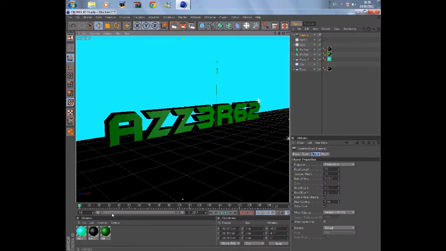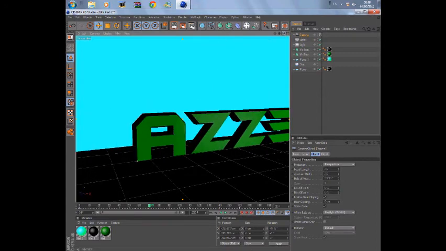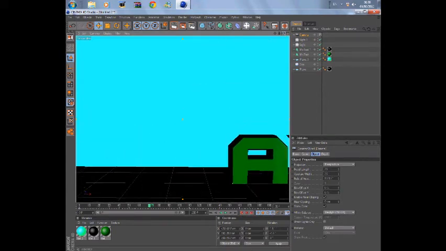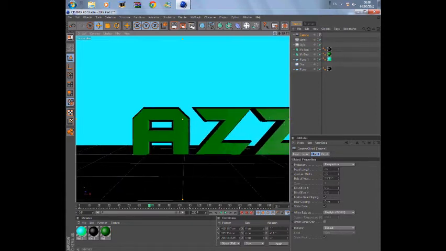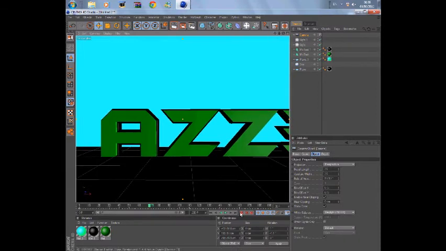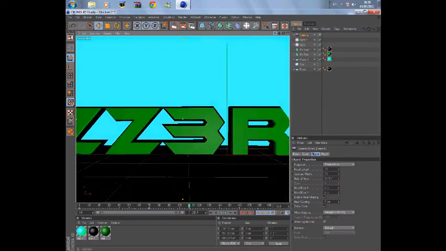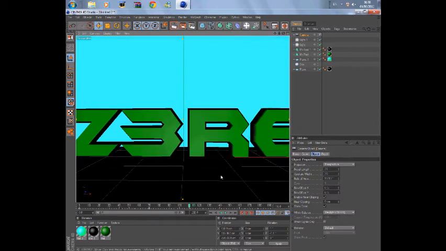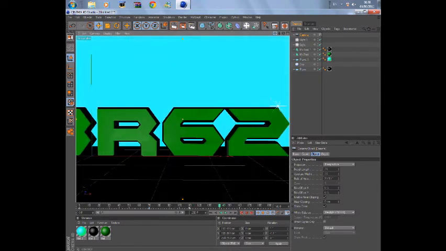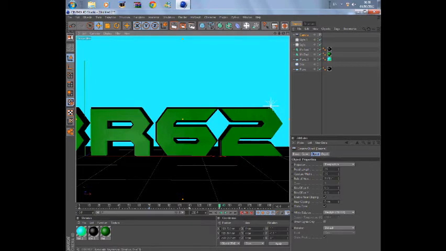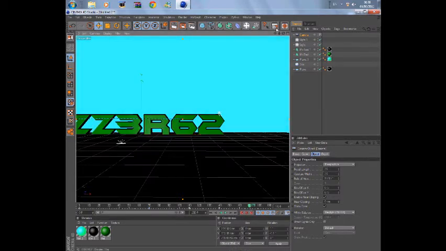So keyframe it at 0 frames, and then go up to 70, which is probably the max that you will need in the first two. Go down, go across, press that button again, move up to 110, move across to wherever on your text or something like that, move up to 140 frames, move it across, press 170, scroll out,